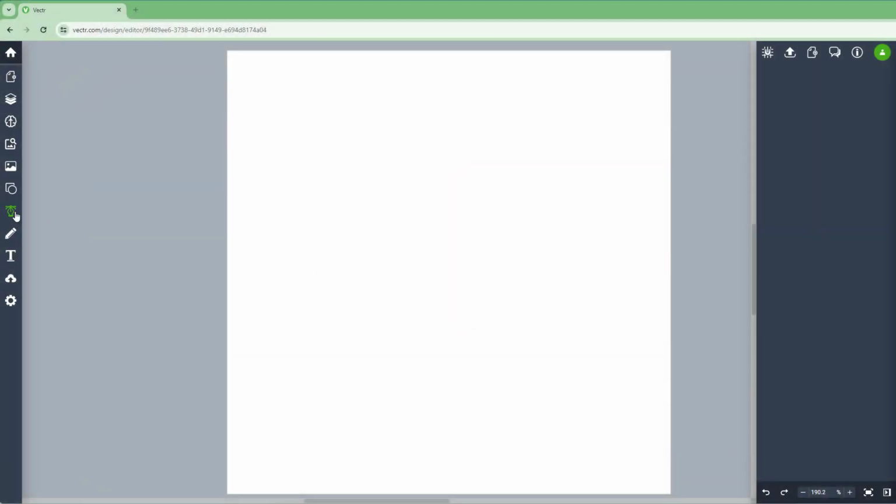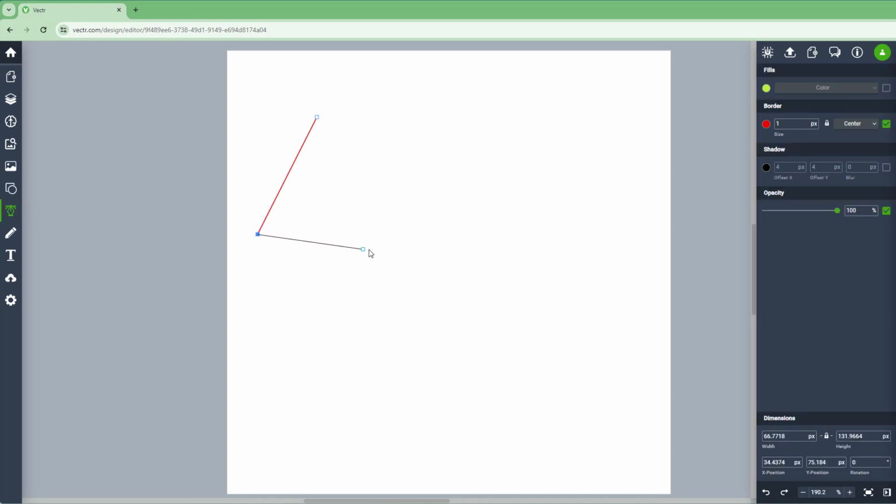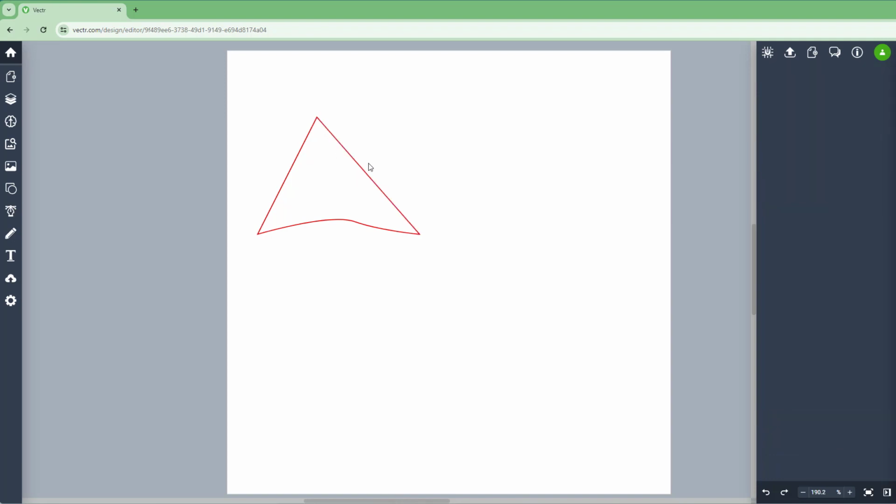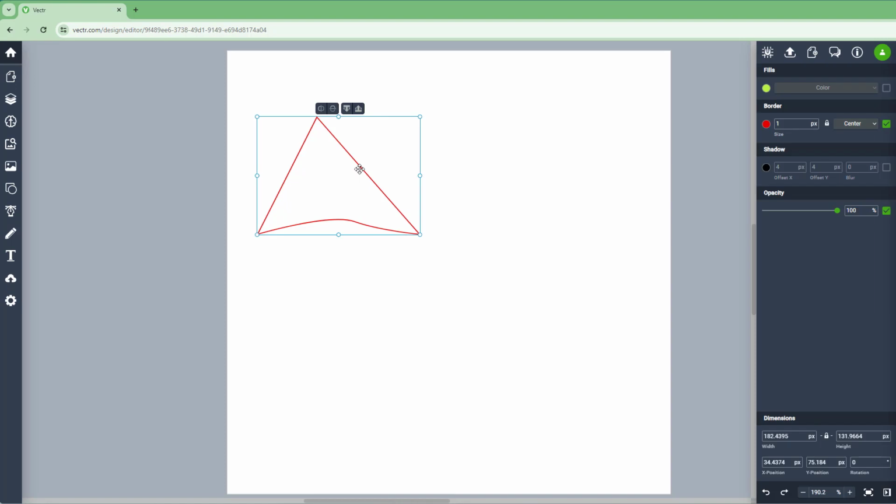So I can go around and take my pen tool and make some custom shapes right here, just like this. So let's just go around over here and click, and there you go. I have a custom shape. If I want to further edit this, then I can simply click on the shape and double